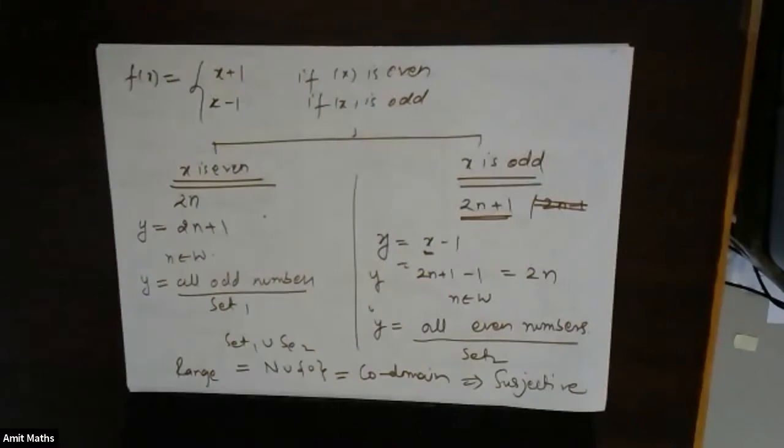But if the odd number is (n plus 1) by 2, substitute n equals 3. (3 plus 1) by 2 is 2, so it becomes even, right? So (n plus 1) by 2 is not a correct representation of odd numbers. And if n is equal to 1, 1 by 2 will not be even. Suppose n is equal to 6, 6 by 2 is 3, and 3 is not an even number.